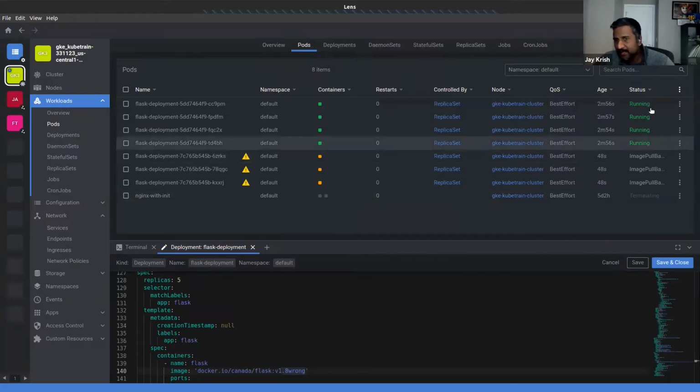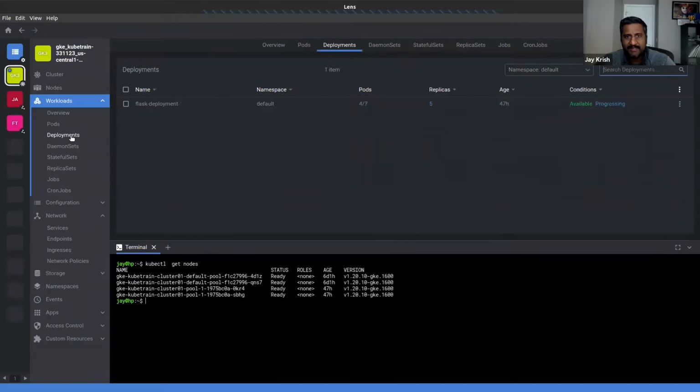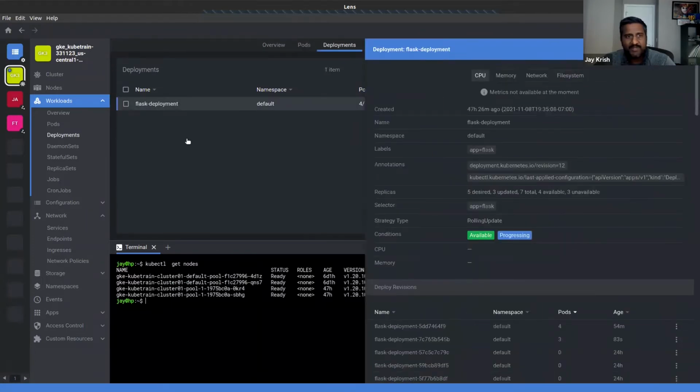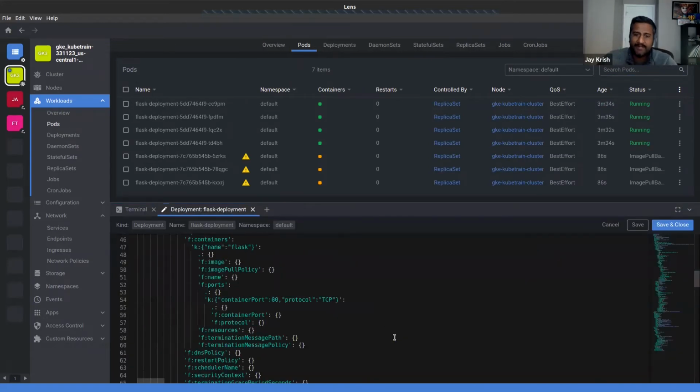Okay. So now, as we configured here, 25% max surge, but ensure that not more than 25% is unavailable. So it stopped. That is what I want to show you. Even if you make a mistake, Kubernetes deployment has got its own discipline. It will ensure that not more than 25% of the pods are unavailable. Now if we come back and deploy with the correct version, then the rollout will continue.